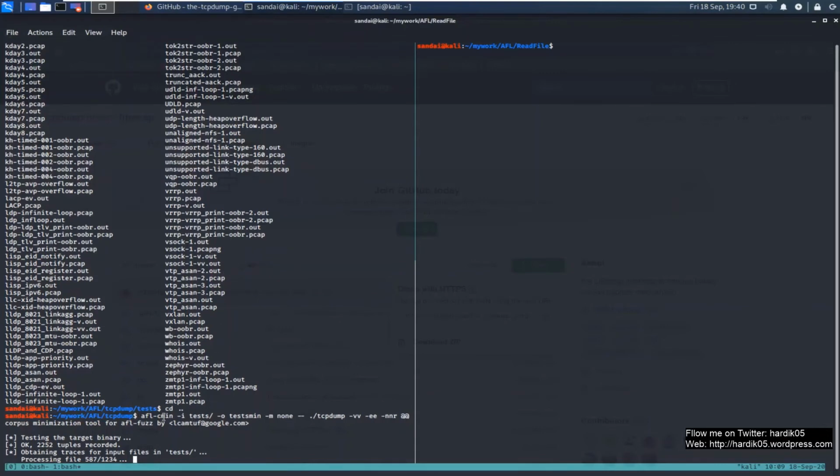And what afl-tmin does is, suppose you have a file of size 1 MB, it will figure out which fields in that particular file are needed to reach all the code paths, and which bytes are not needed, and it will remove those bytes. It will either replace them with zeros, or simply remove them. So that is the difference between afl-cmin and afl-tmin: cmin reduces the number of files, while afl-tmin reduces the file size.